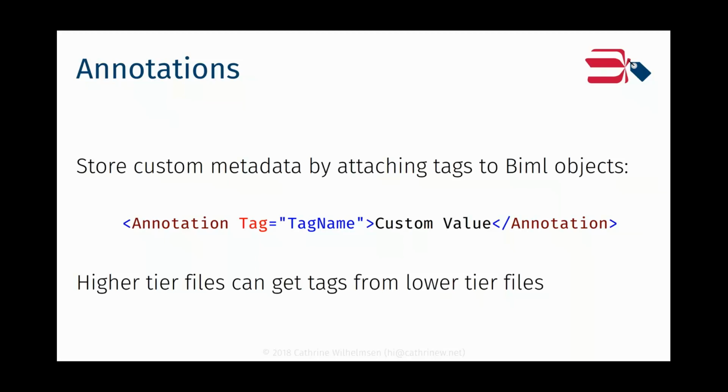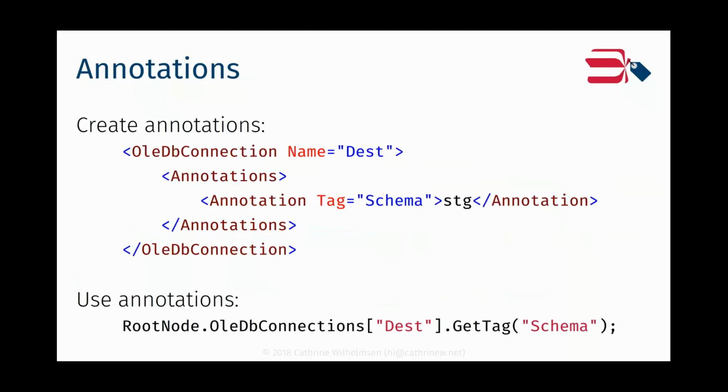And the way you do that is very simply you say annotation tag, you give that tag a name, and then you pass in the value. So this is kind of simple. You can only store string values in here, but for most of what you need to do, this is enough. And by doing this, in those higher tier BIML files, it can go in and get those tags from lower tier BIML files. And the way you do that, again, in this example here that you can see,